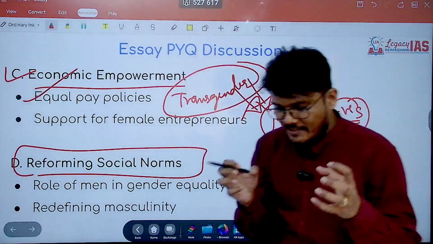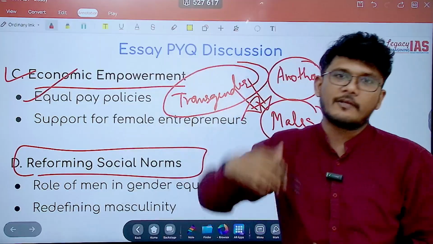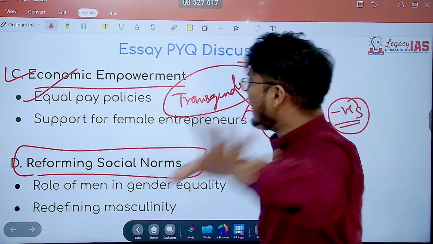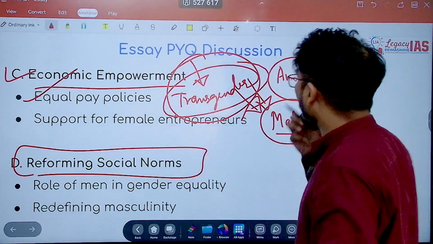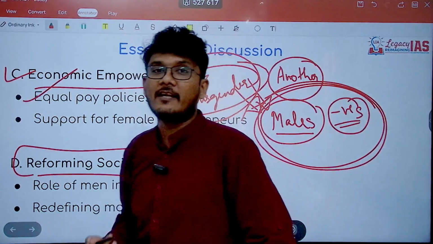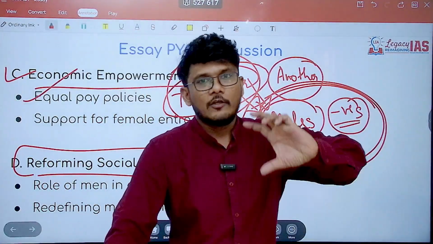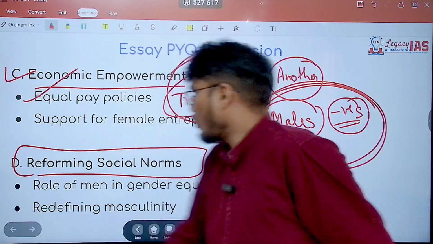Now, when the essay is related to gender equality, it should majorly be about males and females. There's no doubt. We have seen how the UPSC asks questions, so it has to be majorly that. But in an essay, a paragraph or two of transgender has to be mentioned. If you're talking about patriarchy, a paragraph or two about negativities or negative externalities of males also have to be mentioned in order to give a different perspective, which very few students will be giving. I hope this topic is absolutely clear.